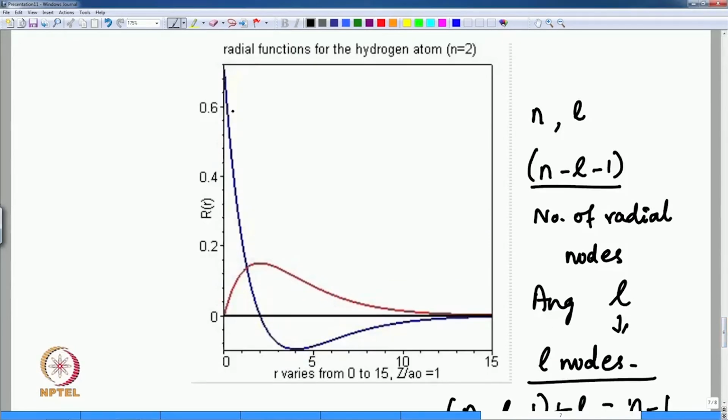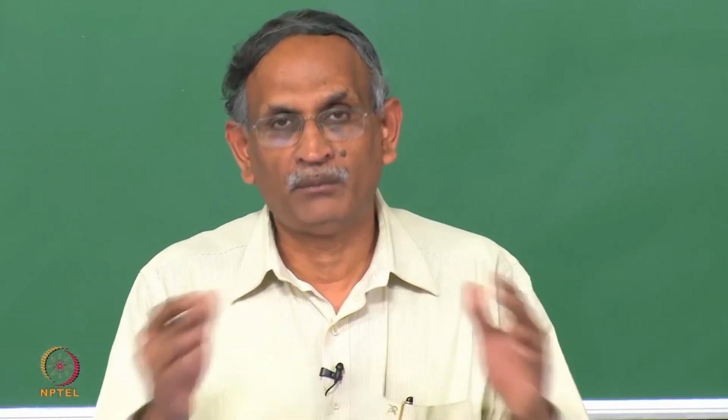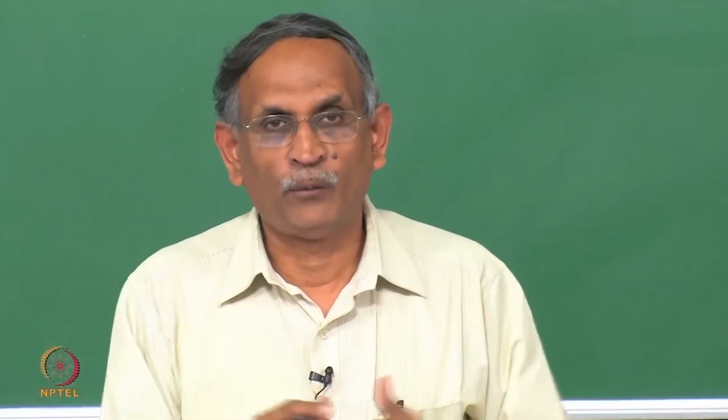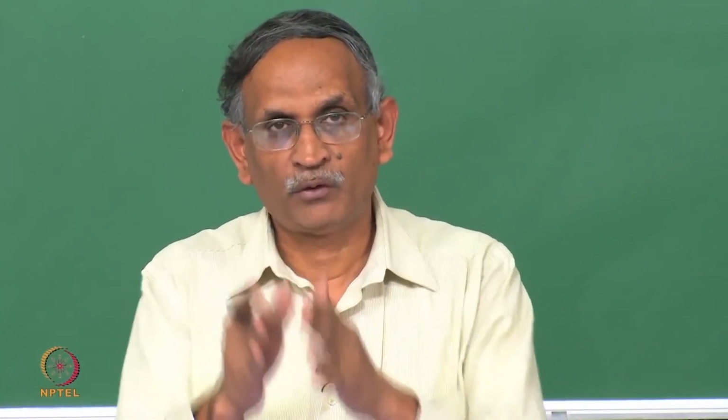This is for n equal to 2, the two functions, L equal to 0 and L equal to 1. It gives you an idea that the maximum value of these functions is slightly farther from the maximum values that you would see for n equal to 1. This is a statement that the 2s orbital is more extended than the 1s orbital. The probabilities for the electron in the 2s orbital are maximum when it is slightly farther away compared to the electron being in the 1s orbital, where the maximum is closer to the